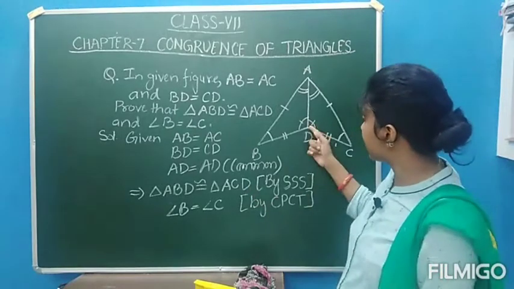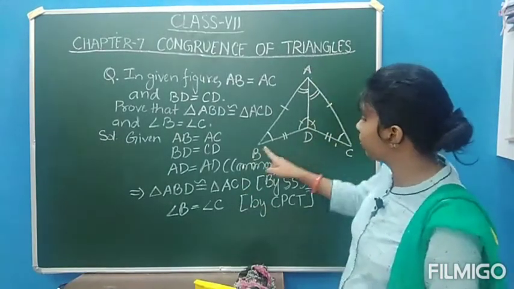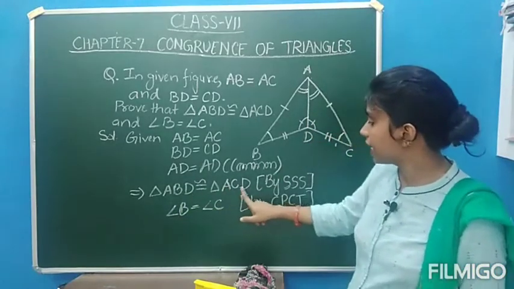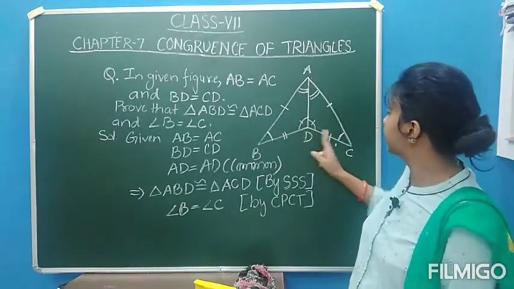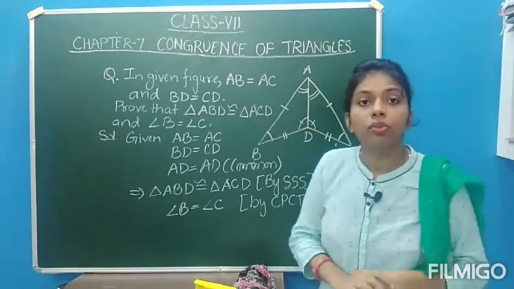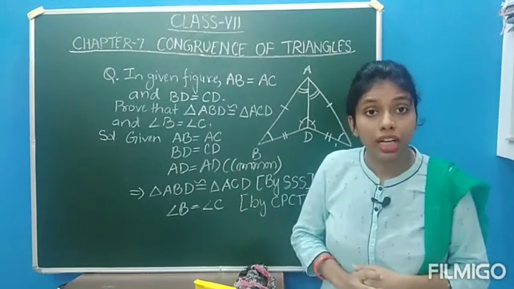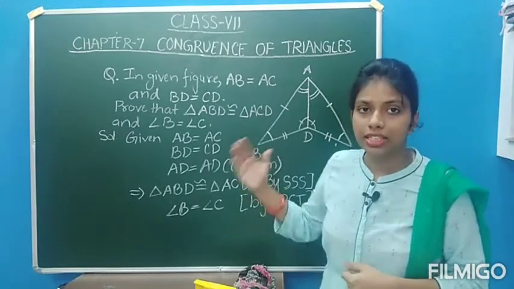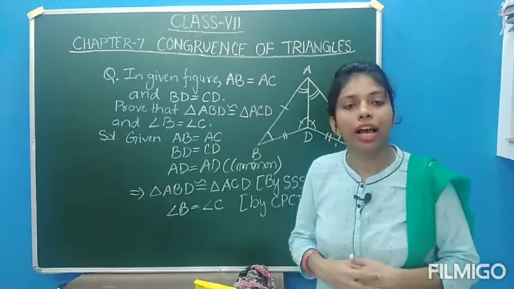So we can see that angle ADB is equal to angle ADC. So these are all equal because they are the corresponding parts of the congruent triangles. So this is the way we have to use